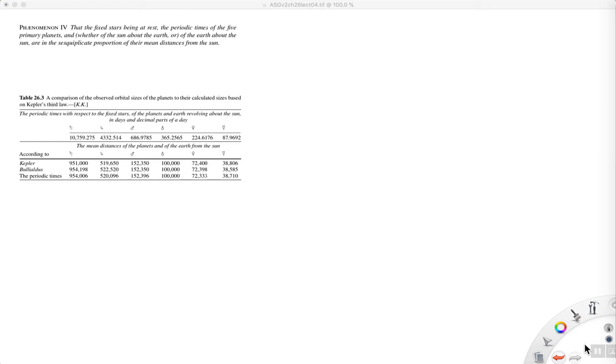He says that the fixed stars being at rest, the periodic times of the 5 primary planets, and whether of the sun about the earth or of the earth about the sun, are in the sesquiplicate proportion of their mean distances from the sun. And as I mentioned in my last lecture, the idea here is that if you consider the sun